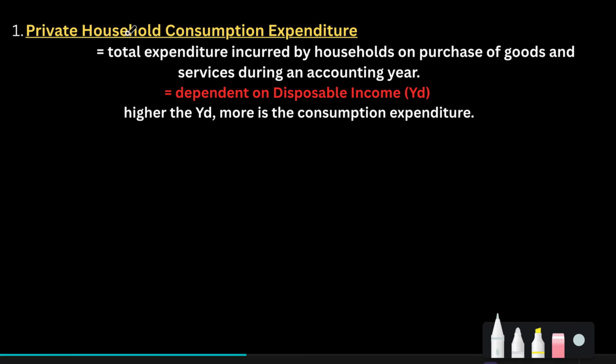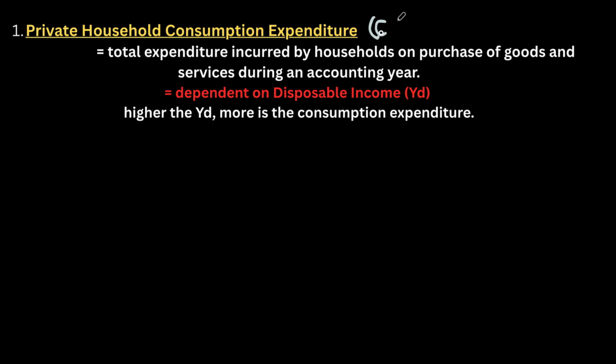Now the components of aggregate demand. The very first is private household consumption expenditure, which is also represented as C. What is this? This is called total expenditure incurred by households. Who are households? Households are consumers who are consuming any product without any hope of getting anything in return. Like when we purchase bread, vegetables, fruits. You purchase a house, you purchase a car, without any hope of anything in return. Just for your own satisfaction and fulfillment of your demand, it will be a part of private household consumption expenditure.